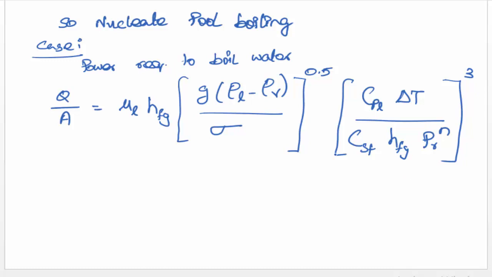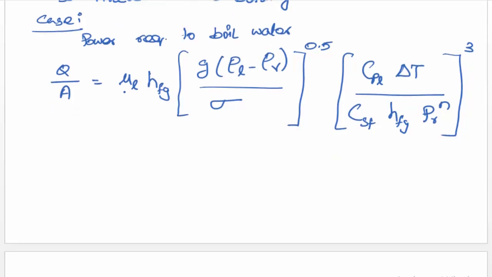In this formula, you have the value of mu L, which is taken from the data book. Mu L value is known and HFG value is known. G is nothing but your 9.81. Density of liquid is known. Density of vapor is known. And the sigma value you have to take from the data book. Okay. So for this, at 100 degrees Celsius, from HMT data book,